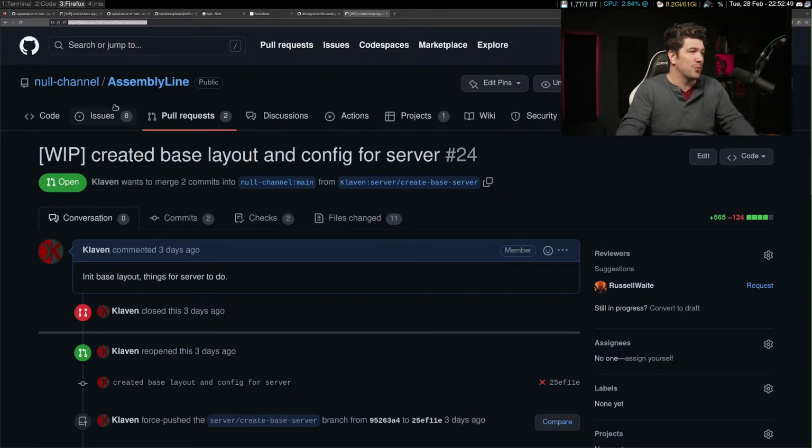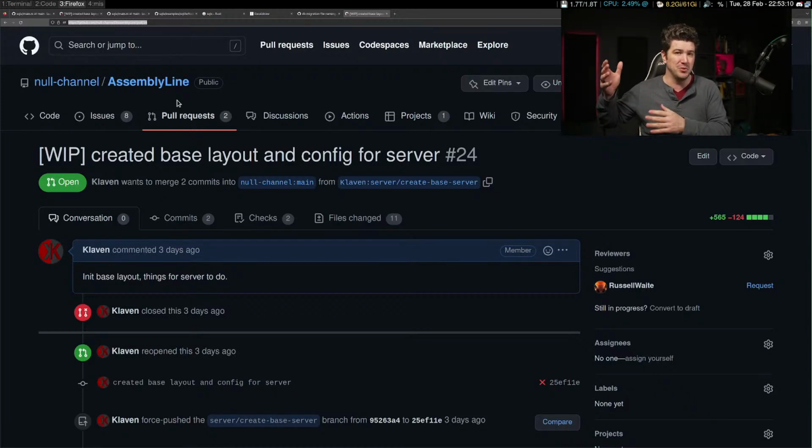If you are new and you're wondering what Assembly Line is, I'm going to give you the 10-second elevator pitch. It is GitHub Actions without the suckage. That's my elevator pitch. But think GitHub Actions, but we have two main focuses. We don't want vendor lock-in like GitHub Actions, and we want you to be able to run locally just like you do in GitHub Actions. So everything should be able to work locally just like you would expect it to in the GitHub Action. So those are like the two main topics.